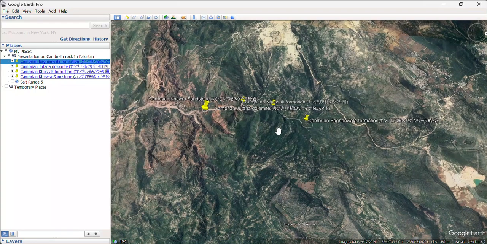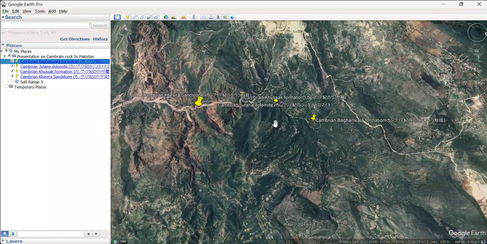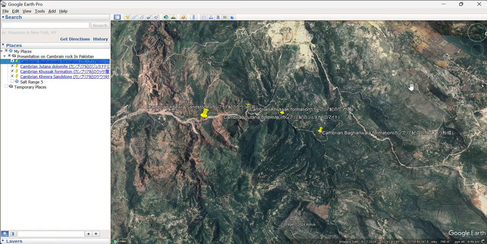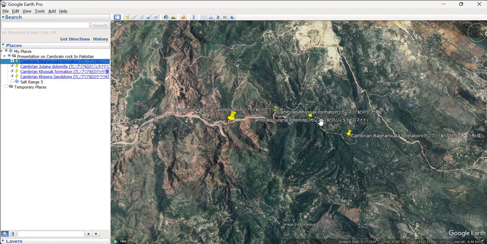So this is the Keura Gorge, which is the ideal place for the Cambrian strata study. So we have the Salt Range Formation of the Precambrian, we have the Cambrian, and then we directly go to the Paleocene rock. So in between, the Mesozoic and Paleozoic, Mesozoic and the Cenozoic strata are missing because of the